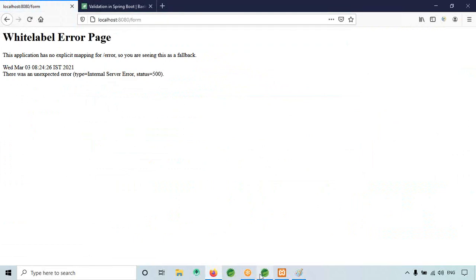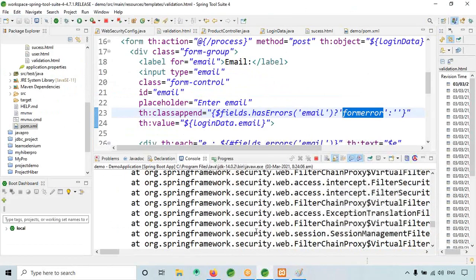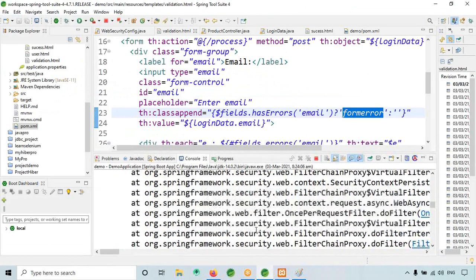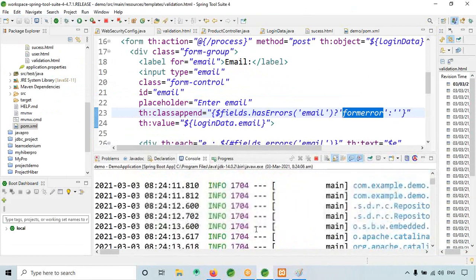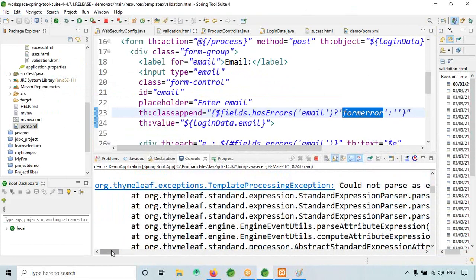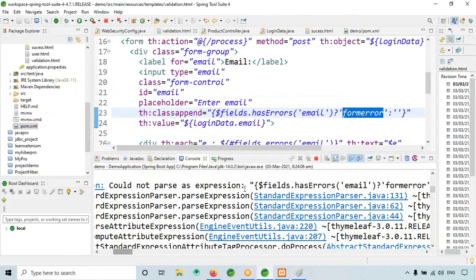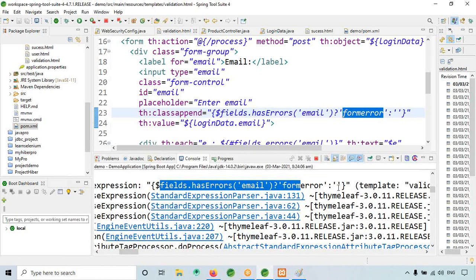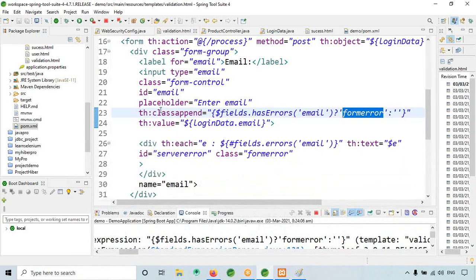Okay, so there is an error. Let's see what that is. Could not find fields as error. Okay, so in this line there is an error. Let me check.